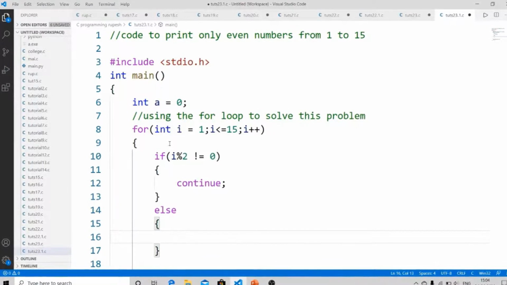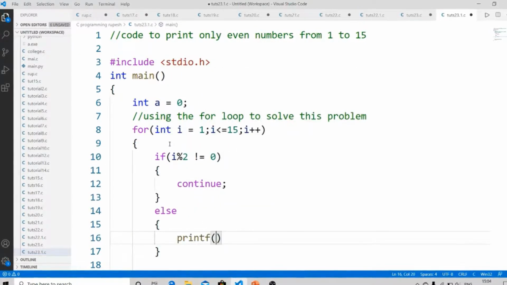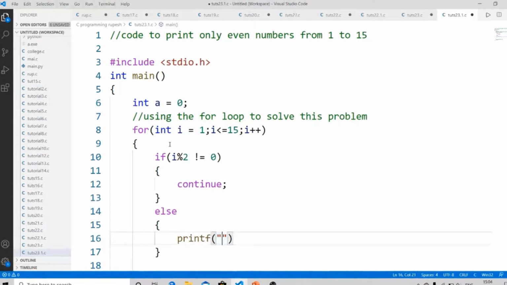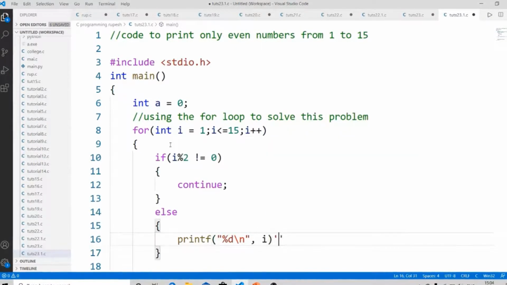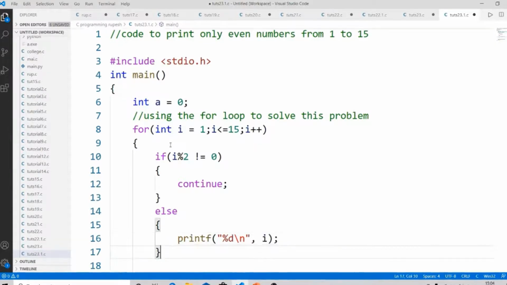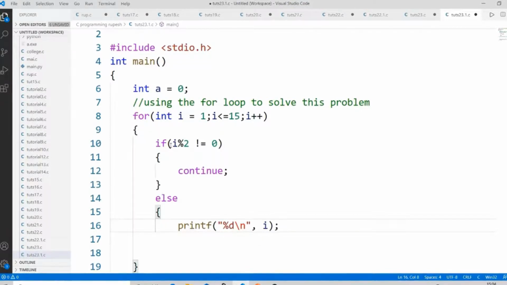In the else part we are going to write the printf to print the value of i. Okay, that means the i is even. So I'm going to print the value of i here, with %d and the newline character, which is very important. Okay, so this is the simple code, or you can remove the else part here also, no need of else part.